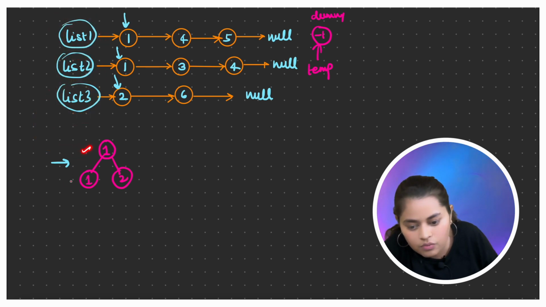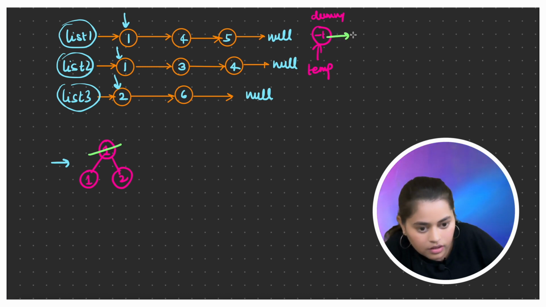So we'll be getting 1, 1 and 2. Because we have created a min heap, the minimum value will be at the top, that means the root will be the minimum value. So we'll remove this value and append it to our result list. So it will be this, right?